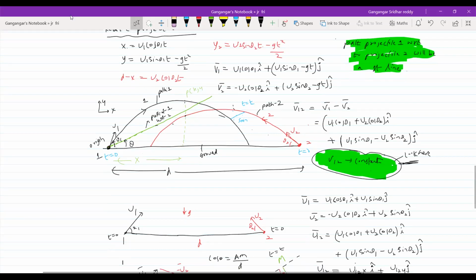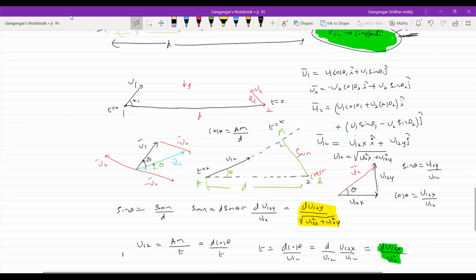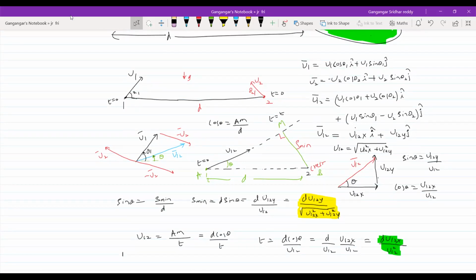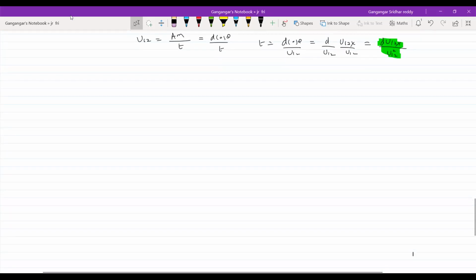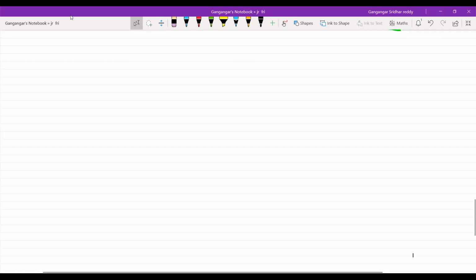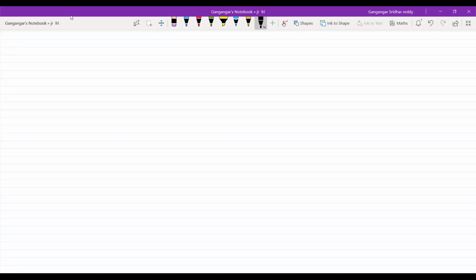Completed. So I'll scroll down. There's the initial path. The mathematics is routine, the same velocity triangle. There's a displacement triangle, there's a velocity triangle. Okay, shall I go for the next one? Yes, sir. So if two projectiles are projected, can we find the minimum separation between them? Yes, this is the simplest method we have available.